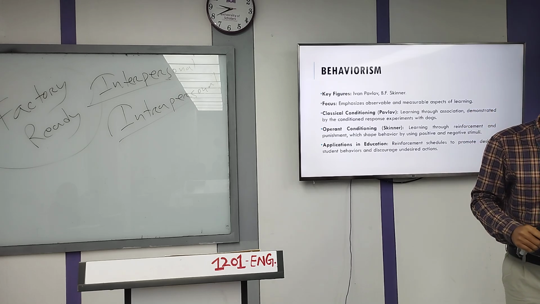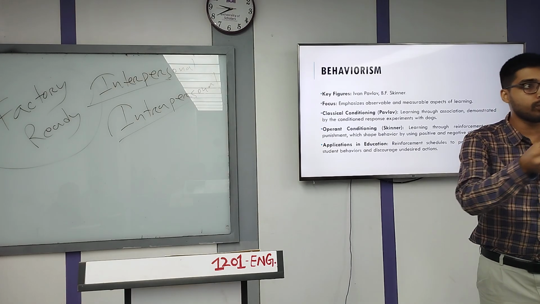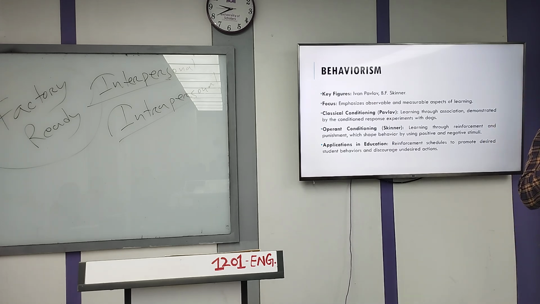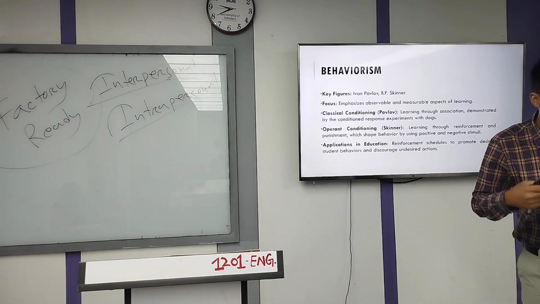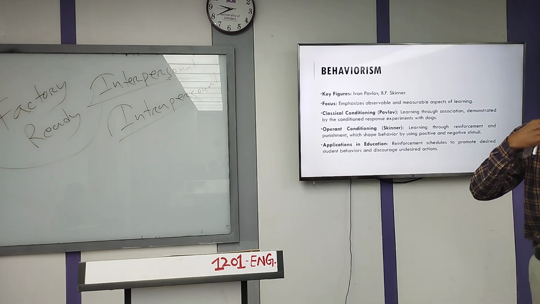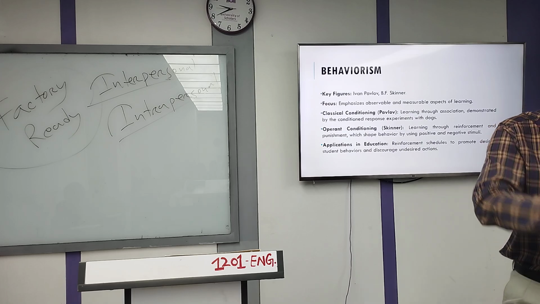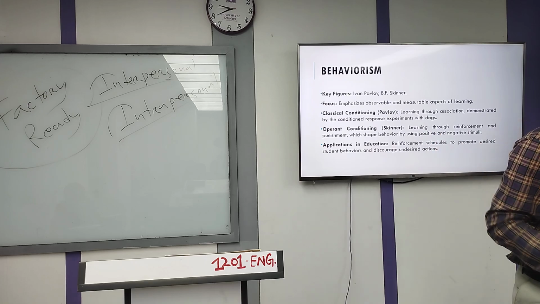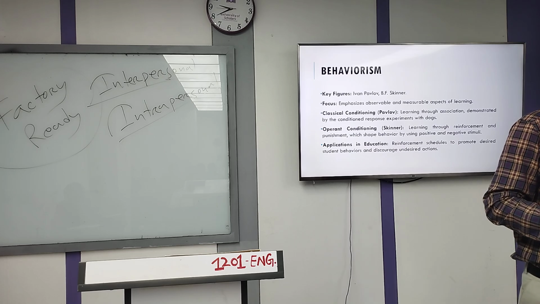There's a direct connection between food and our saliva. Anytime food is in front of us, our brain creates saliva within our mouth. In Bengali we call it lala. So there's a direct relationship between the food and the saliva, but there's no relationship between a bell ring and saliva. But some scientists studied the dogs' behavior, and they found